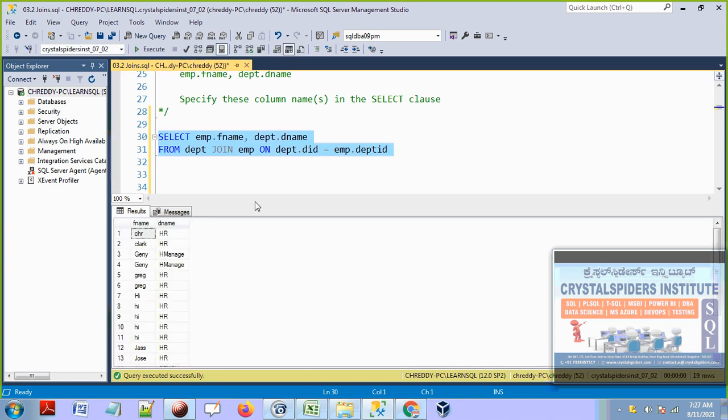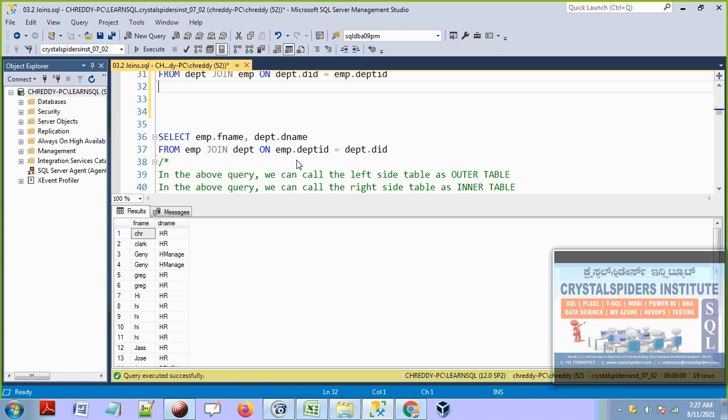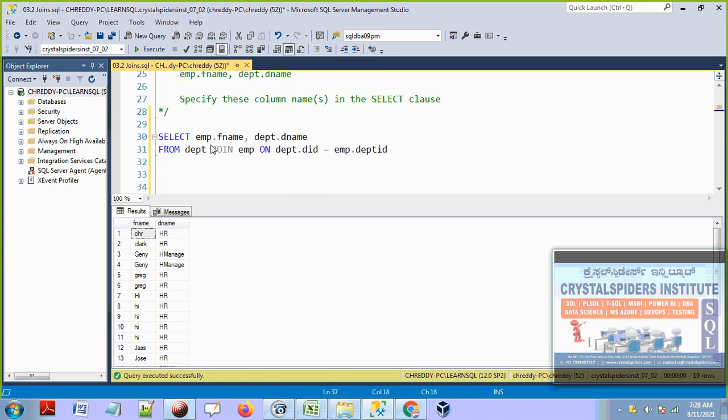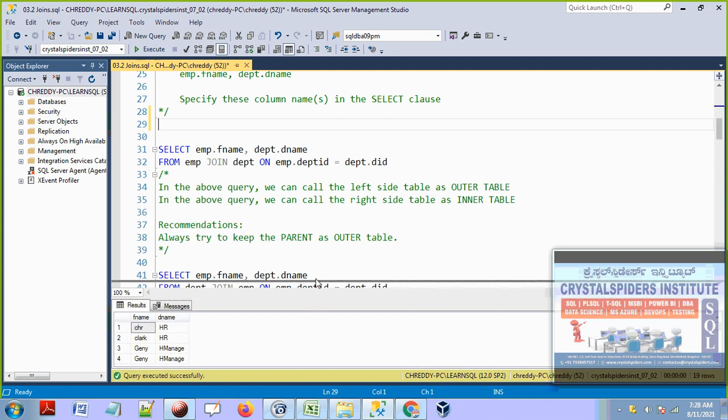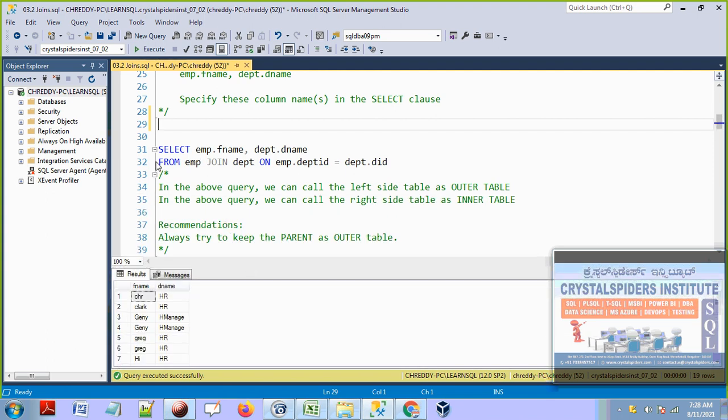This is what we are seeing, guys. So now let's have something here. Anyway, I have written the employee table and DEPT table, but here there are some recommendations and some terminologies, so let's see this, guys. We wrote that SQL query like this: take the data from employee table, join DEPT based on these two key columns, DEPT and DID.